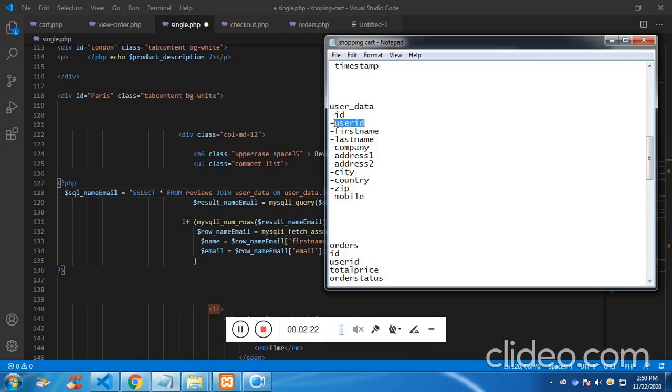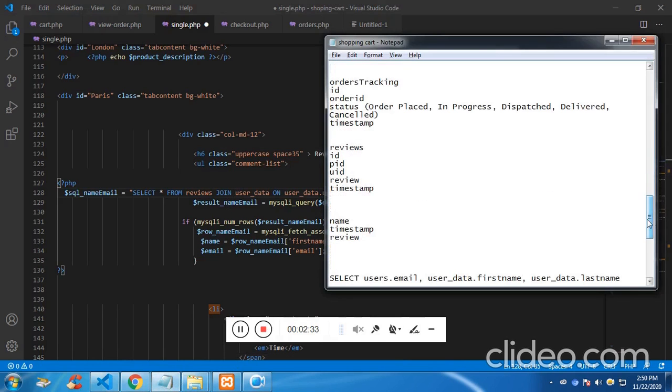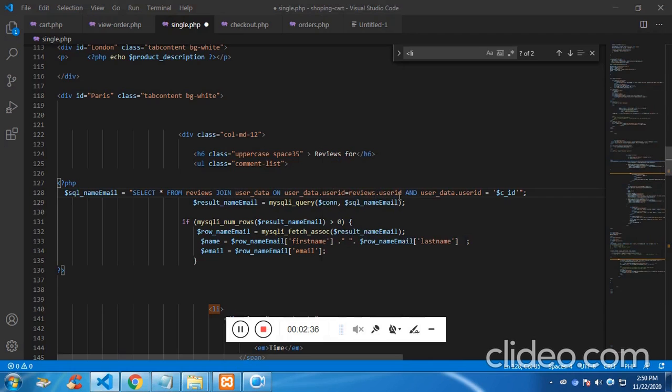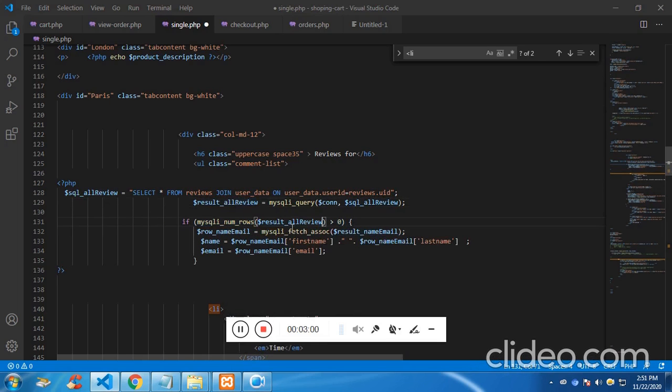User data has user ID, and review has UID. So we don't need and here prefix is all review. All review,